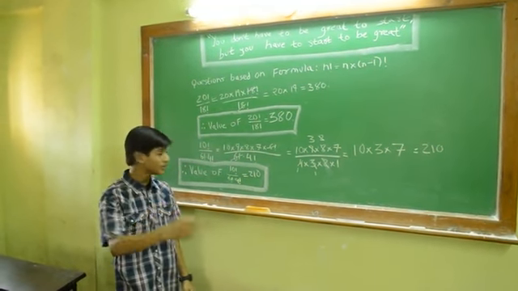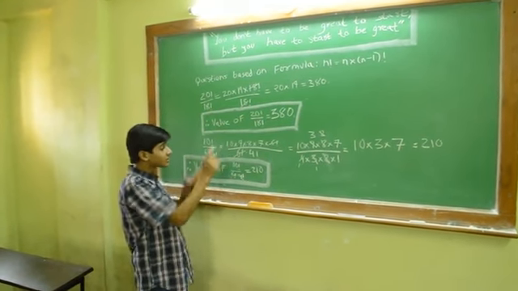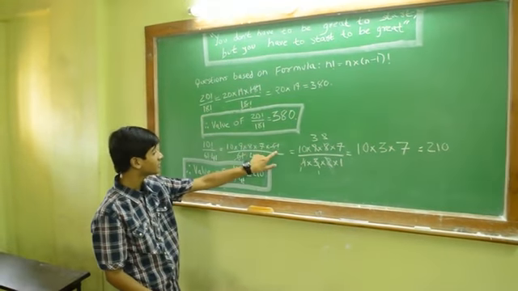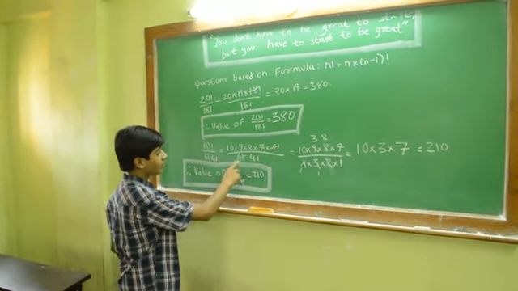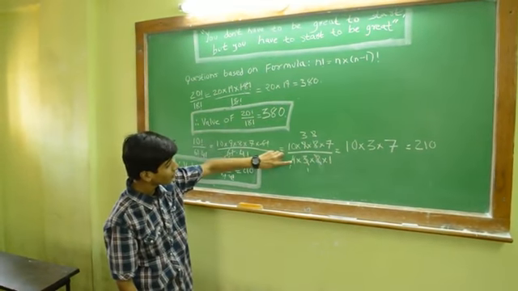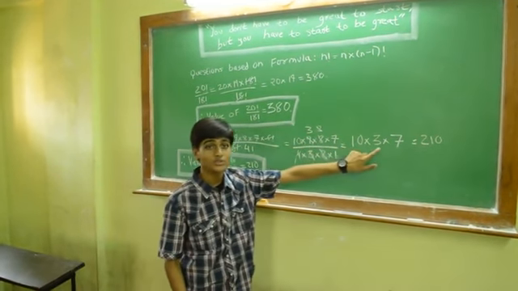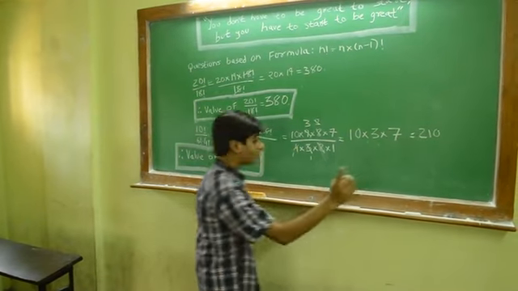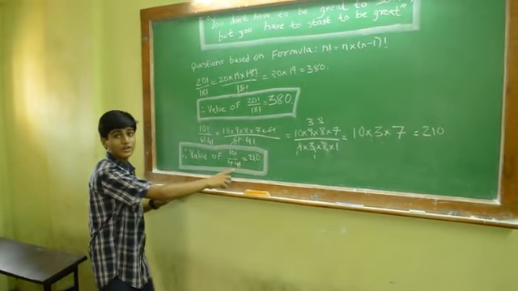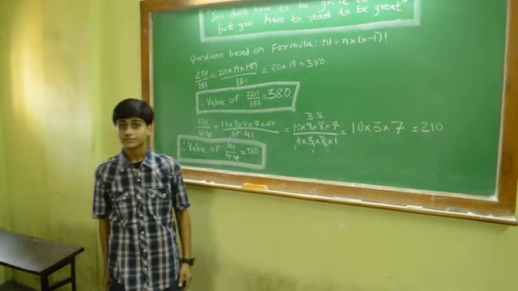Now a similar type of question: 10 factorial upon 6 factorial into 4 factorial, that is equal to 10 into 9 into 8 into 7 into 6 factorial, upon 6 factorial into 4 factorial. 6 factorial and 6 factorial will be cancelled out, and we will be remaining with this. We will cancel 4: 2 twos are 2, 2 threes are 9. So 10 into 3 into 7, that is 210. That is our final answer. The value of 10 factorial upon 6 factorial into 4 factorial equals 210.